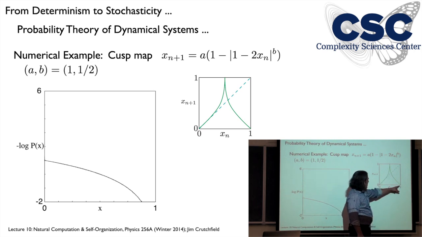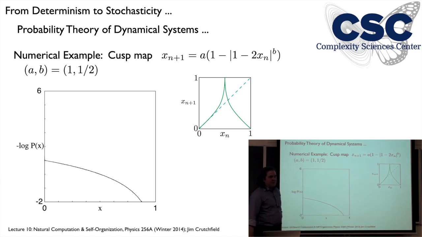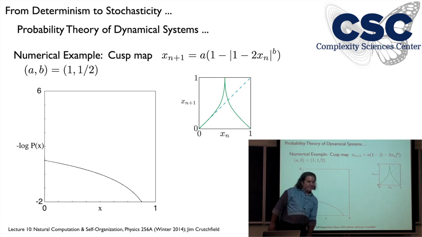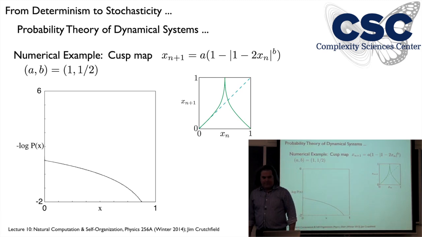Whereas up here, when I get up to 1, things are spreading out. So that's going to drop the probability density. So this is just a very, very well-behaved, smooth function. In fact, it keeps going down very smoothly to 0.